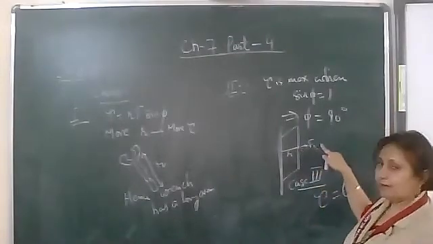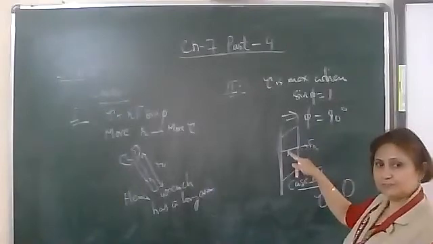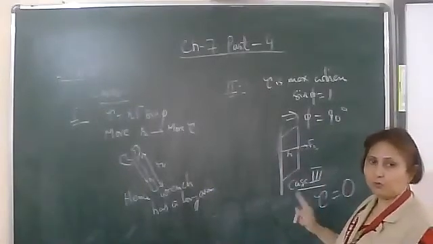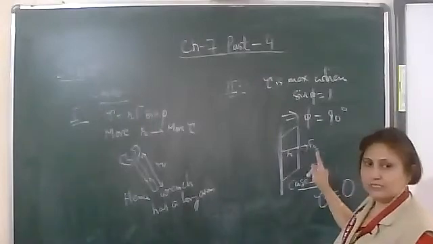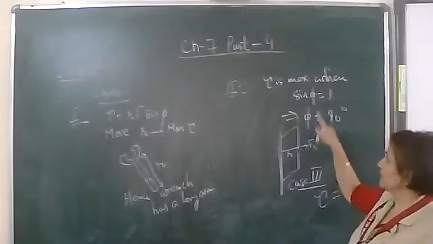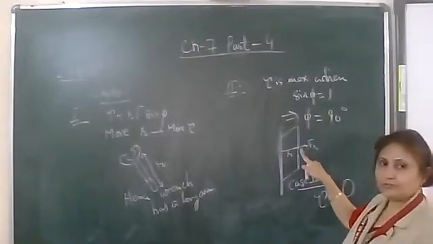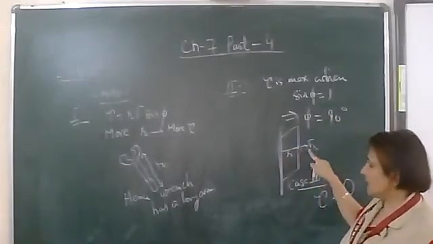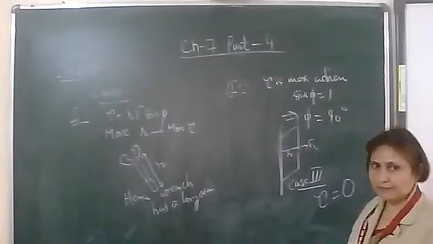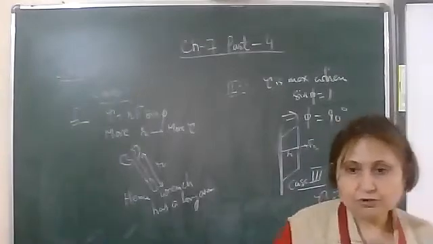But if you are applying a force parallel to R, that is, parallel to the plank of the door, the door cannot be opened or shut. Why? Because the tau due to the radial component is 0. That is, tau is equal to r into f into sine phi, the angle between r and f is 0 degrees, so the tau will be equal to 0. So this is about tau.